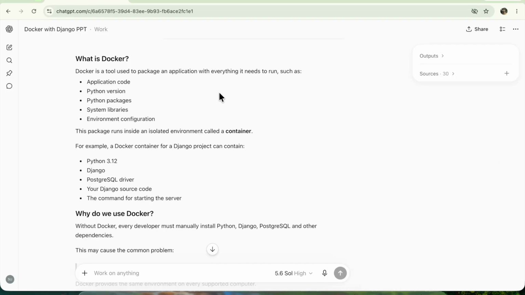So in the video today, the topic is what is Docker, why I use Docker, what are the advantages of Docker, and what are the disadvantages of Docker. Docker is a tool